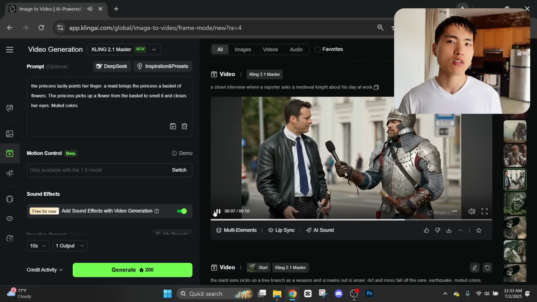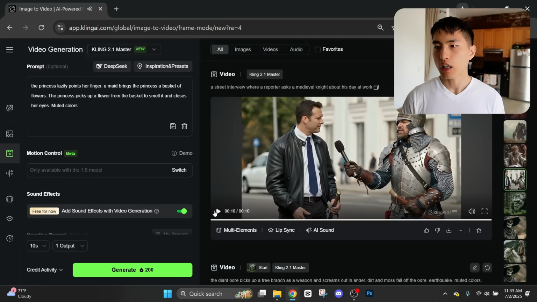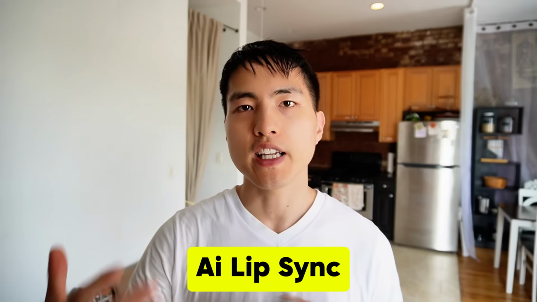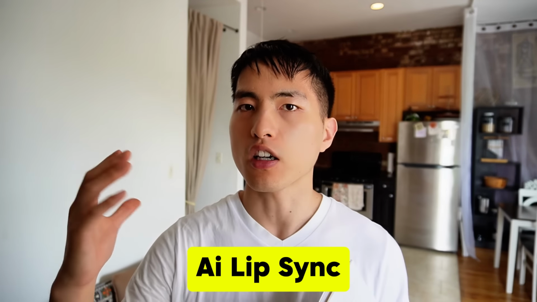As far as I know, that's not actual human language. So it'll just create characters talking gibberish if you try to make them talk to each other. The good news is that there is a lip sync feature that lets you add your own dialogue to the